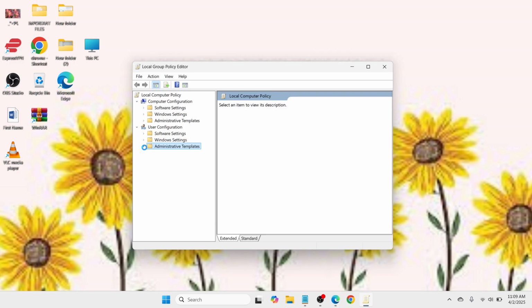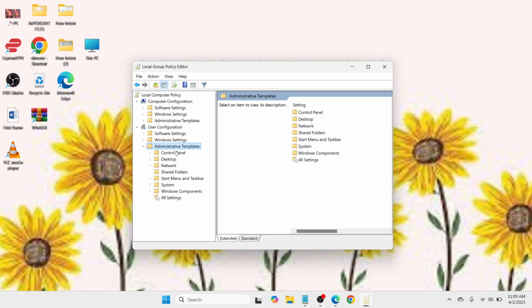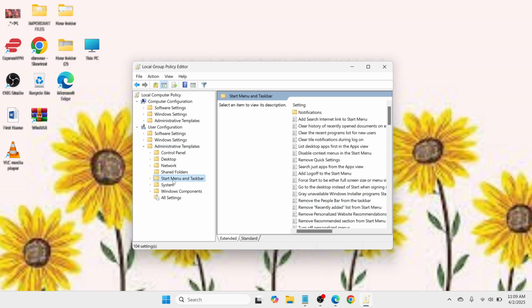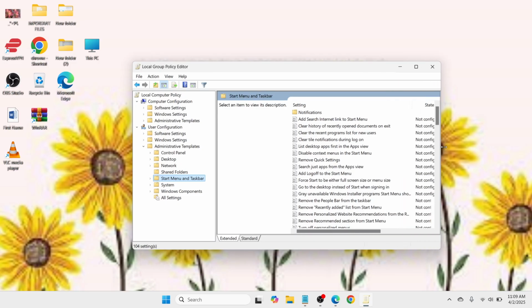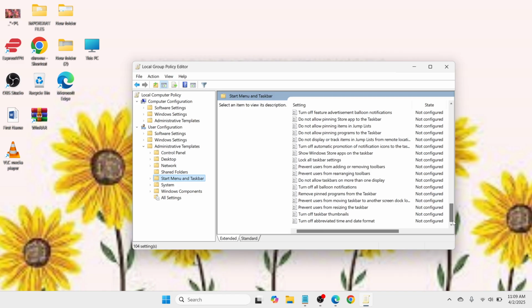Please click this forward arrow, and wait until all of the folders under Administrative Templates appear. Once it's here, click this forward arrow, and this time you need to look for Start Menu and Taskbar. Here you need to adjust the size of this area, scroll down, and look for an option called